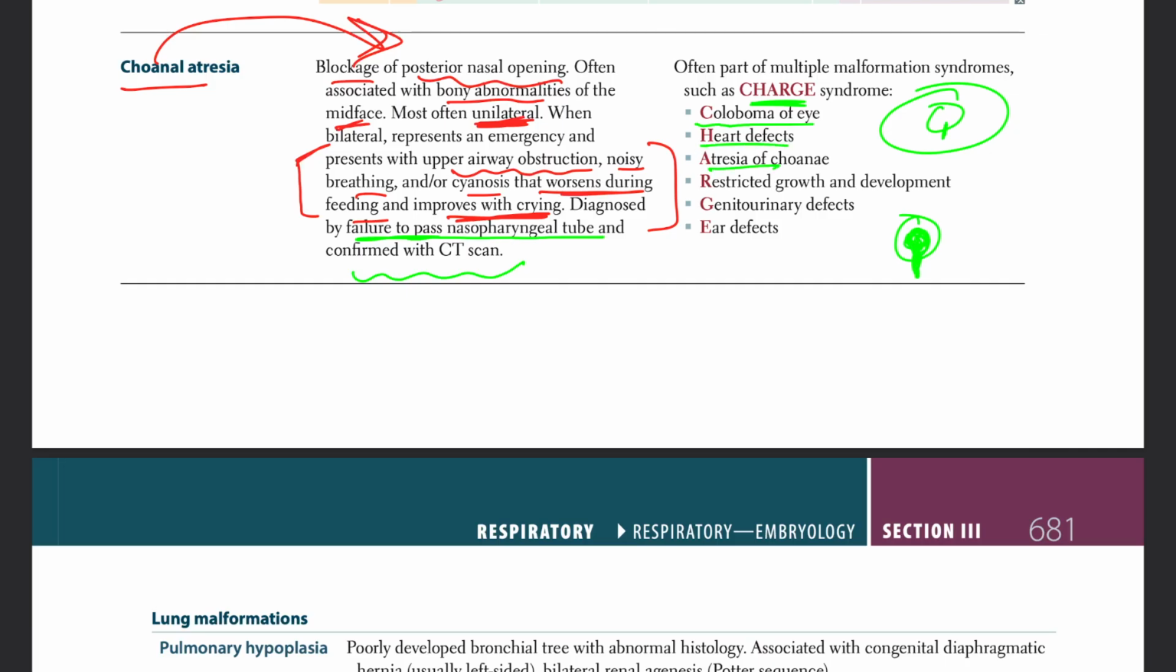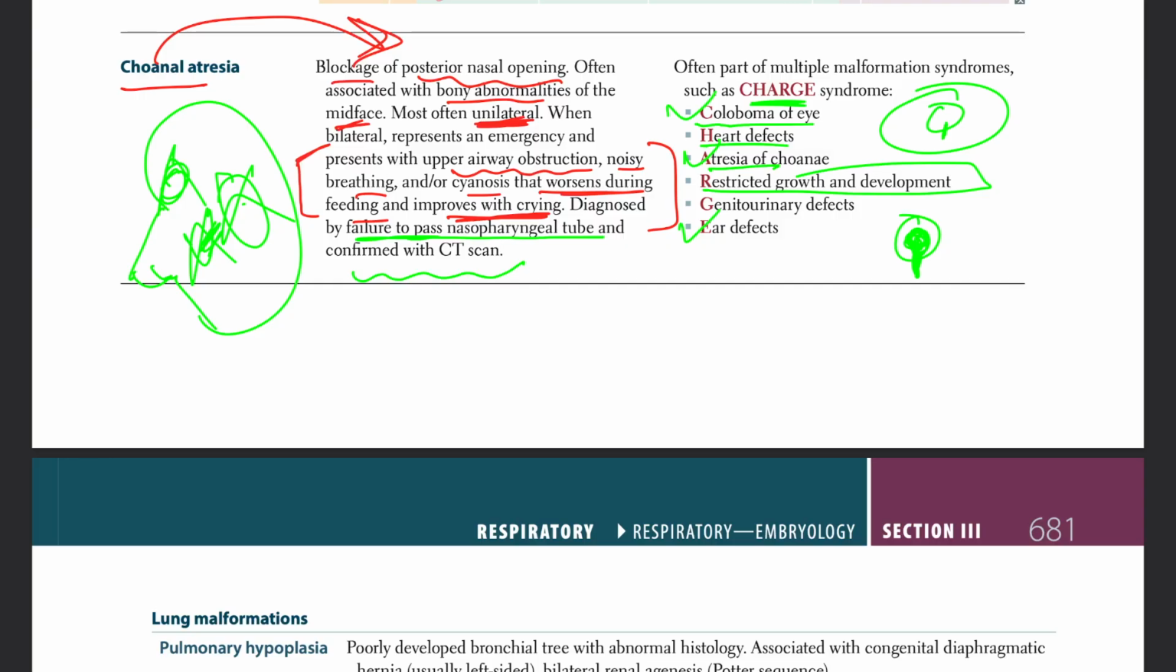Heart defects. The way I think about it is, this is the face, right? Let's just draw the face. So you have a problem everywhere. You have an eye problem, you have an ear problem. So look, I'm going to make a tick mark. Eye problem, ear problem. Now what else do you have? Atresia of the cornea, face problem. What else? Restricted growth and development, and you have a heart problem, which is a main thing,